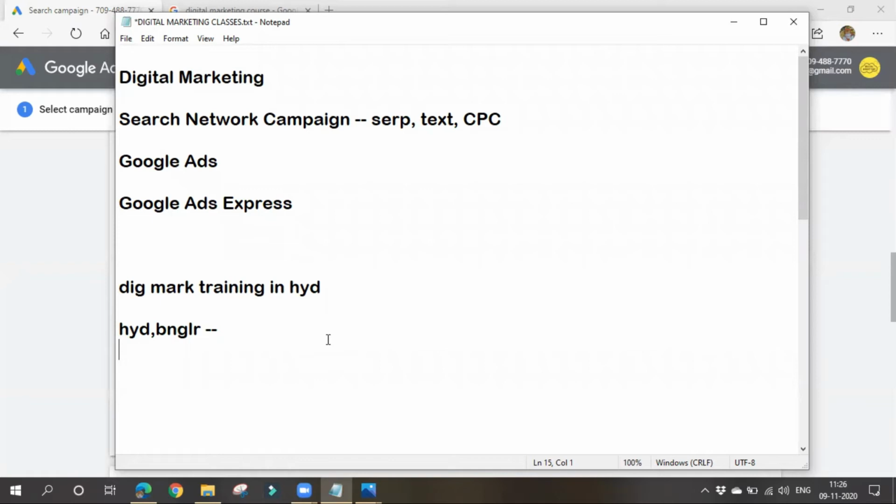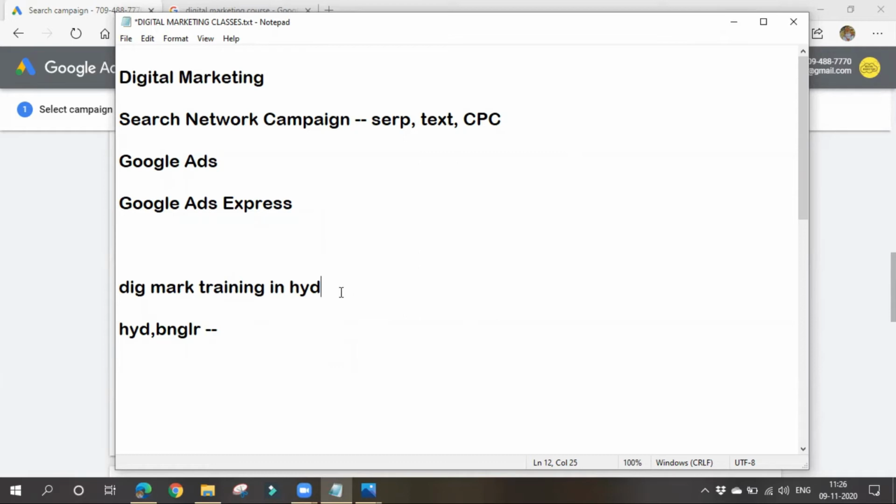Yeah, understood. Yes. So you can choose whatever you want, based on your requirement. But in my opinion, if someone is searching for digital marketing training in Hyderabad specifically, he might be present anywhere. He might be searching for his friends in Hyderabad, or for his family who is present in Hyderabad.